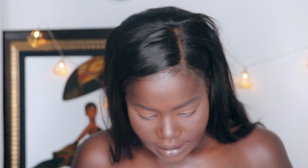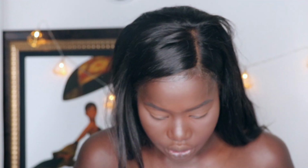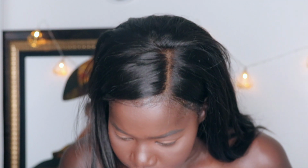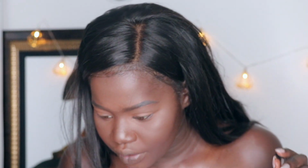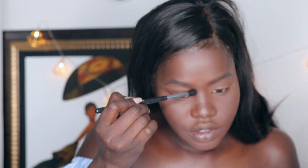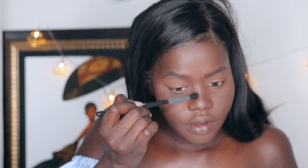Okay, and I'm going to do a slight, when I say slight, I mean really small, barely, but I'm gonna just define my nose and my cheeks a little bit, un petit. I'm just trying to find the brush I usually use, but apparently whenever I'm looking for things to use them, they're never there. So I'm just going to use this little guy. I'm using this eyeshadow from NYX Cosmetics, and this is in the color Betrayal. It's just a matte brown, and what I do is I just work that into that corner of my nose